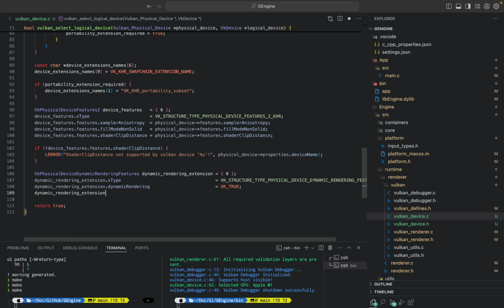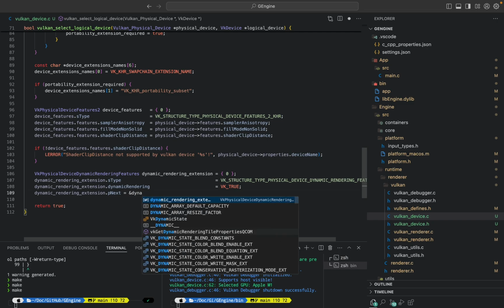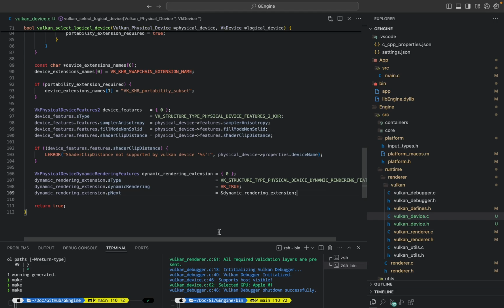Then I'm going to do dynamic rendering dot p next. Now this is very important because it kind of caught me off guard in my previous implementations of Vulkan. Essentially what you need to pass in here is just this. If you're wondering where this is coming from, it's just this. So you're literally just pointing to itself, okay? And then I think the next thing I need to do